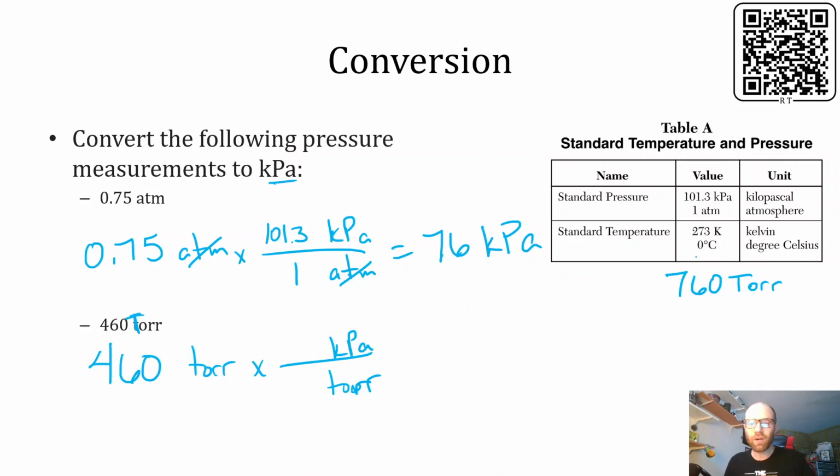In this case, it might be a little bit harder to figure out, right? We've got our 760 torr. We're going to have to use that number. But then our top number is 101.3. I think this is the first time, other than our mole-to-mole stoichiometry, where you don't have any ones in our conversion factor. If you want, you could write this as two separate steps, where you go from torr to atmospheres and then atmospheres to kilopascals, whatever you think is easiest. So we're going to do our dividing, multiplying, and what we get out of here is